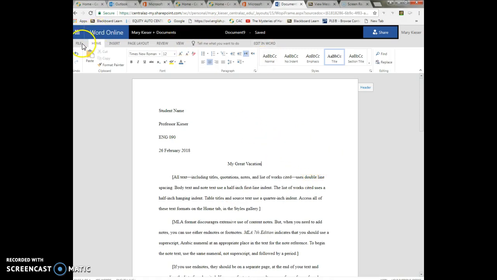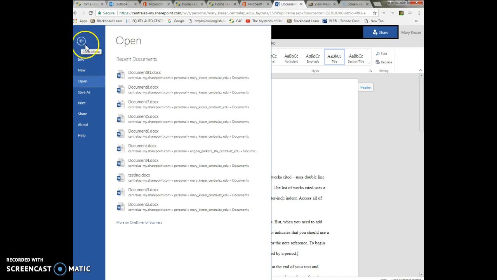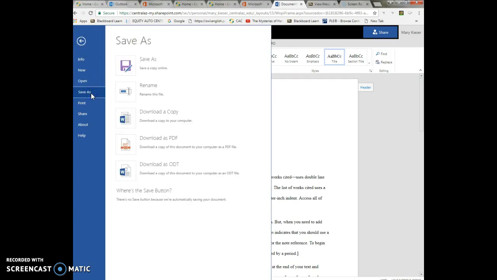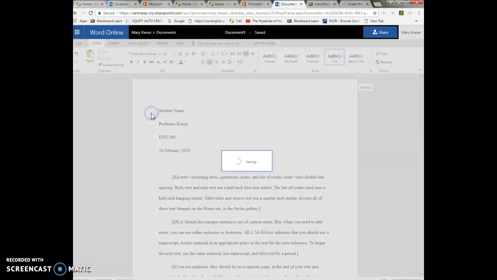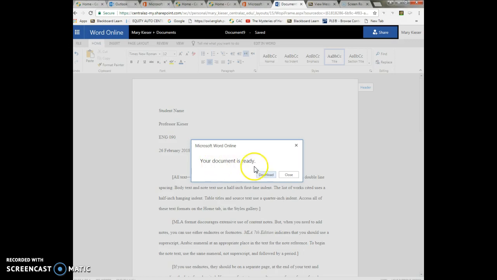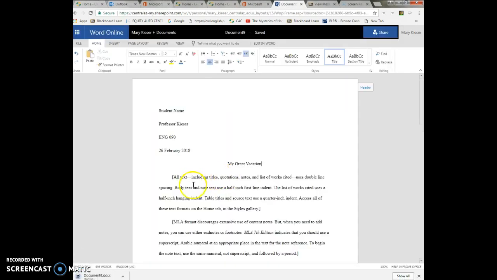So once you type your essay, then you are ready to save it and print it. So to save it, you're going to do this. You're going to go to File, and you're going to go to Save As. And you want to download a copy. See this ODT? You don't want to make it an ODT file or a PDF file. You want to download a copy of this Microsoft Word. So click on that, and then it's saving it, and then it says your document is ready. So download, and then you can bring it up here, and